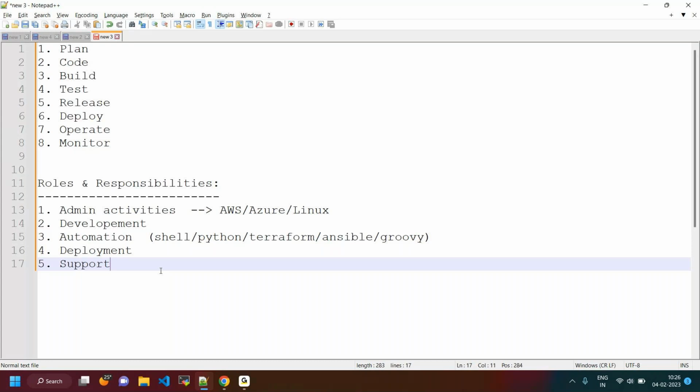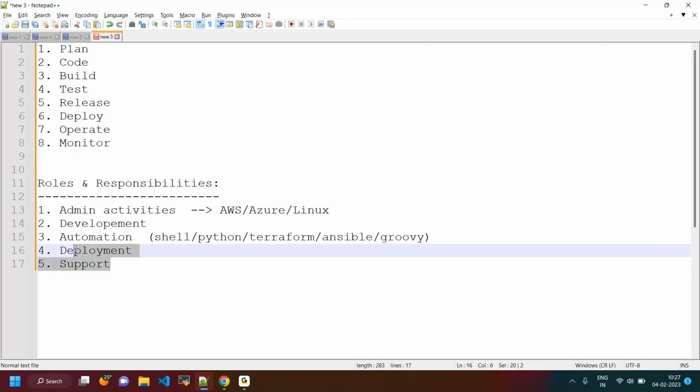They are also involved in installing the packages within the servers. Whatever servers you are going to be using, within the servers they install the packages. And these guys are involved in development, automation, deployment and support activities as well. These are the major roles for DevOps guys.